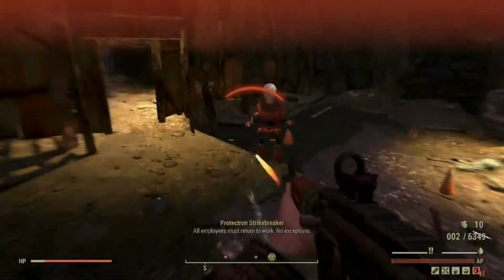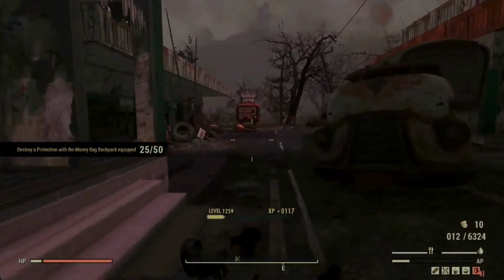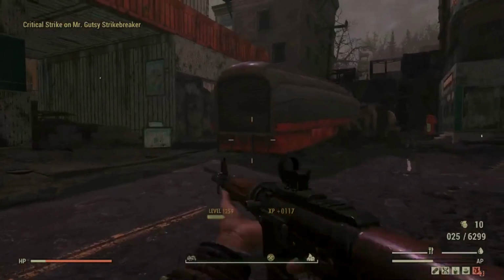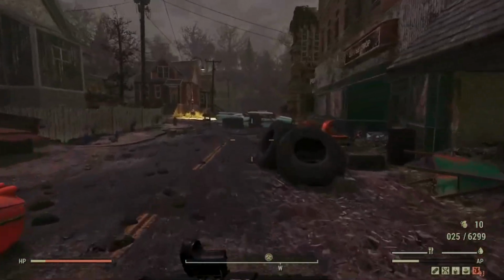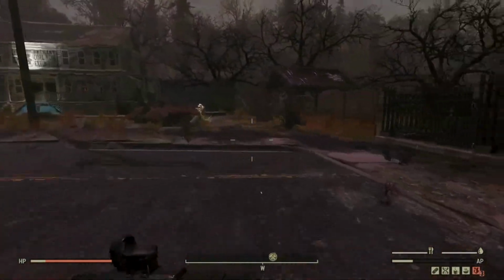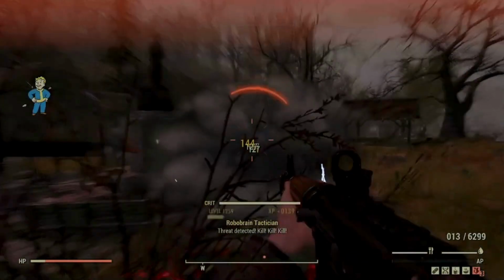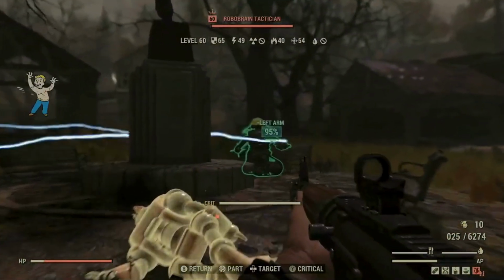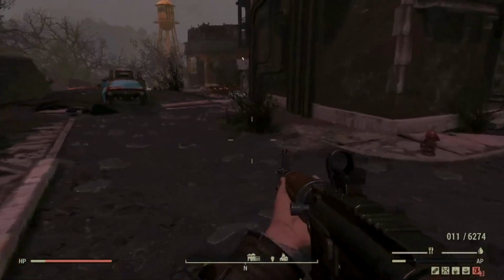And we're just going to clear these guys out. Now, it's a bit of a mixed bag down here. You are going to get Gutsies, Protectrons, and iBots. I'm going to come around this way, and then we're going to come up to the workshop here. And then we're going to run along the back here, and we're going to grab any...